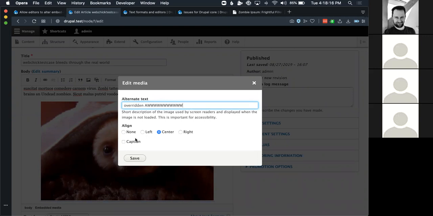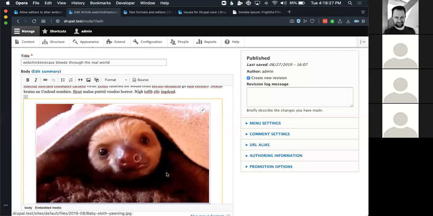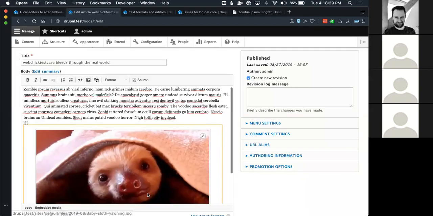It's override, and then that's fancy. So this works a lot like image does actually, and I will demonstrate that in a moment. I can change the alignment. I can enable the presence of a caption. And then if I do either of those things,